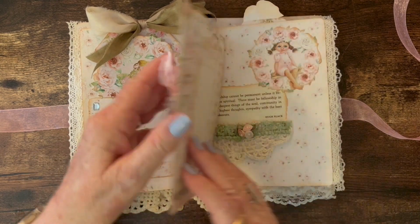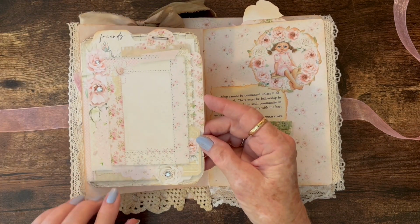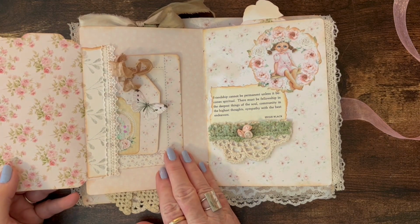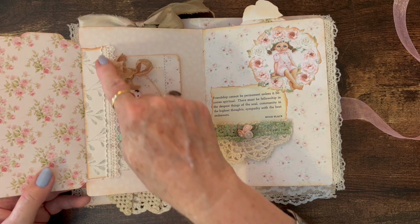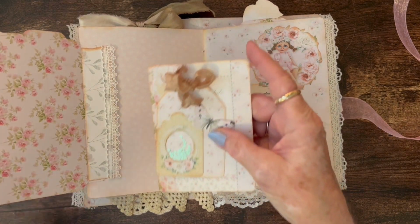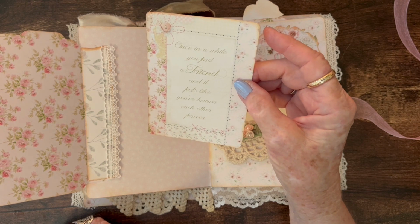Okay. The next page, I took one of these collage kind of papers that was in the kit, and I left a tab on the side so that I could glue it down and flip it out. And then the tab showed, so I covered that with a piece of cardstock that I had cut off of something else, and added some lace and turned that into a little tuck spot. And in the tuck spot, I put this,